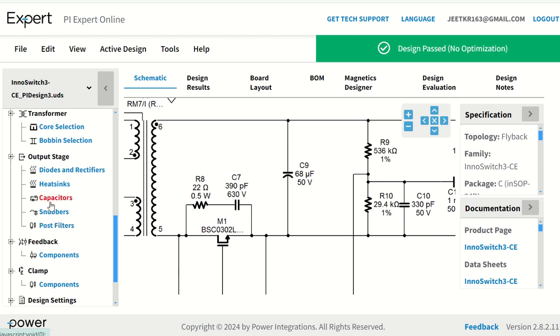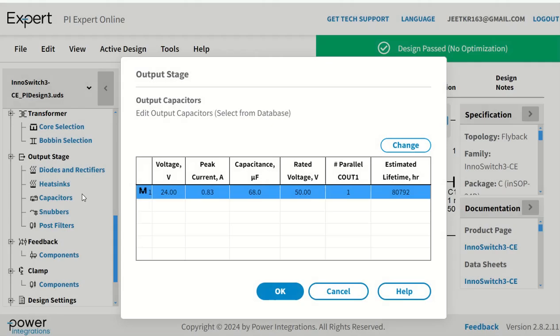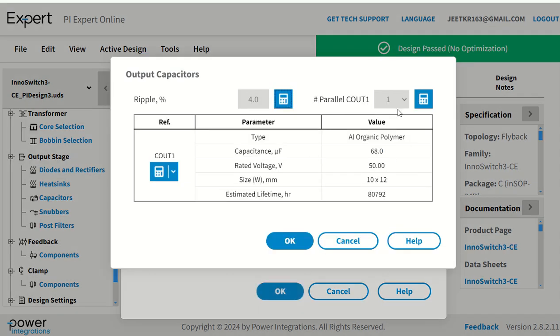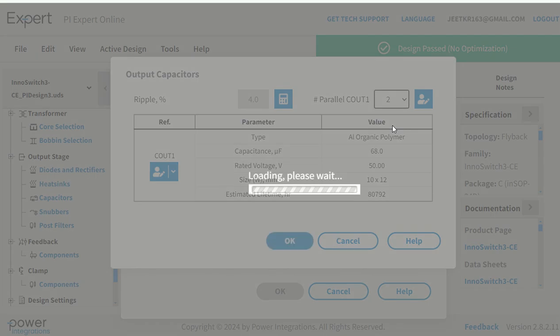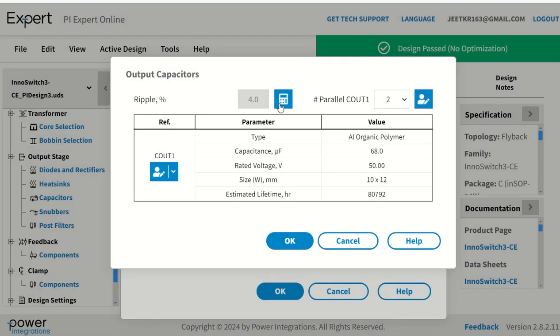In this post filter we can see output stage. I am going to go to capacitor. Capacitor I want to change to a little bit higher value. So I'll go here and change it to another value. Let us say I want to have two values. So just go to edit, make it two values. And the capacitance value, what you can do is